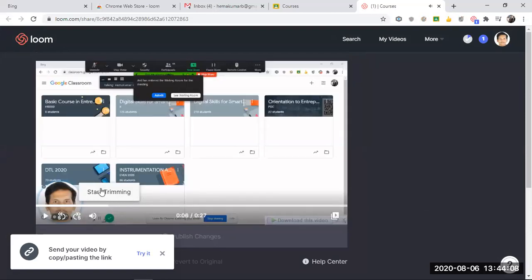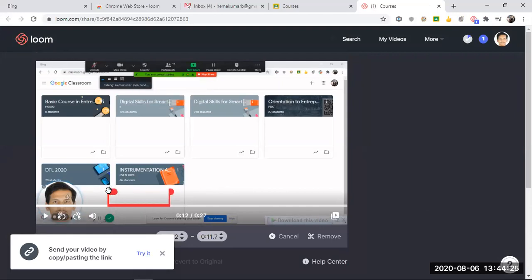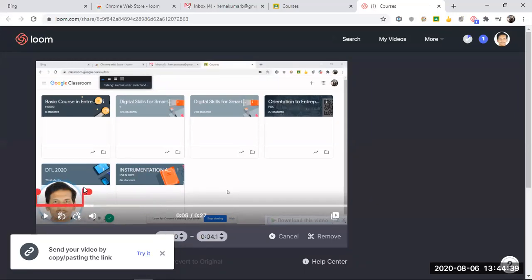So you'll have an option called start trimming. Click it. So say this is the part which will be trimmed, the part you don't want. You can fix the limit. See the video, which part, say I want it to be the first. So I'll just drag it to the first few minutes. I don't want the first 2 minutes of the video like that. So here the total video itself is 27 seconds. I'm just clipping the first 4.